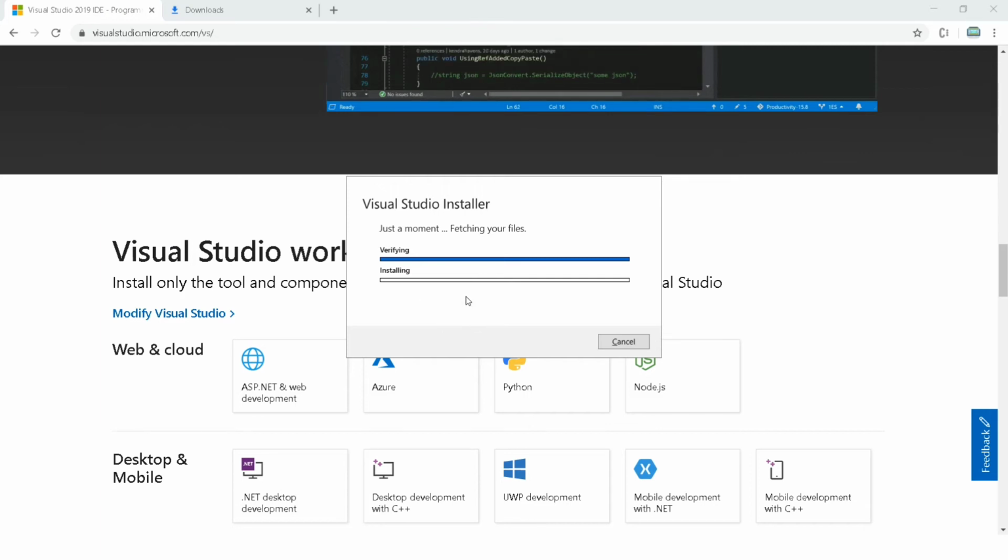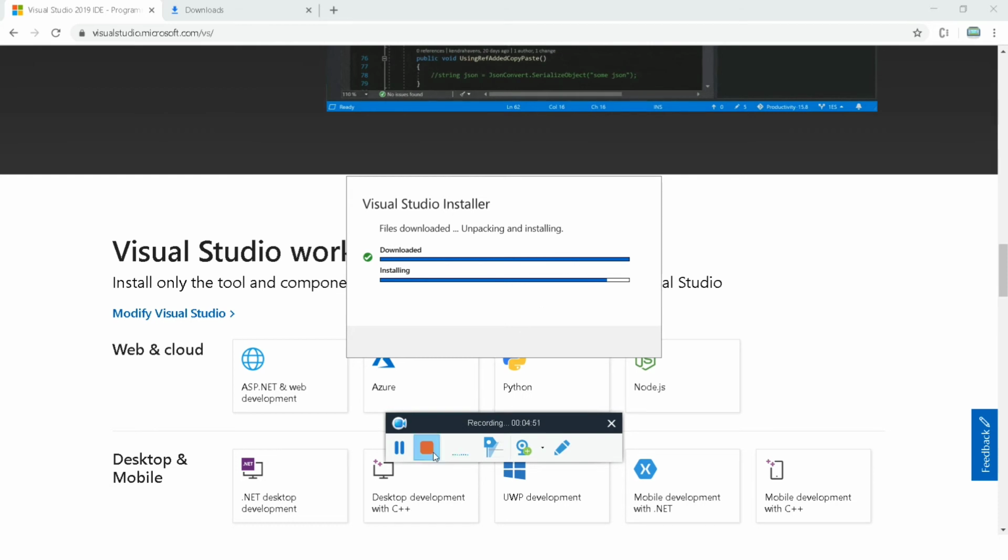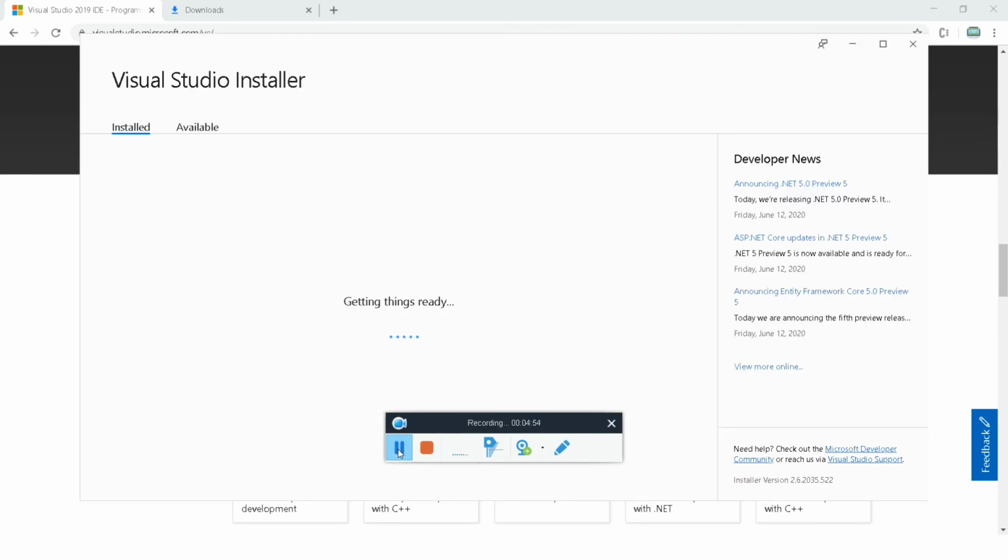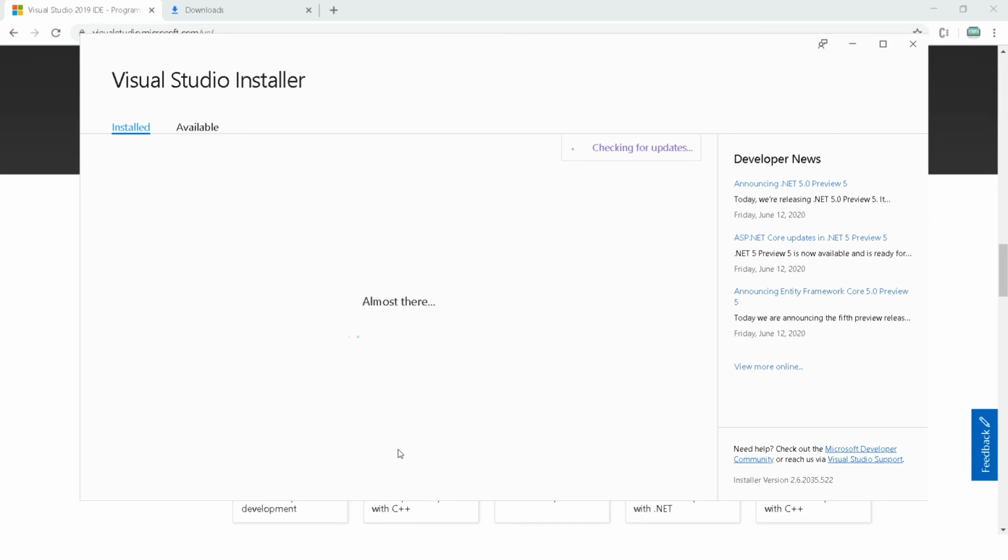Yeah, it's done and now it's installing. That's all guys, it's just installed, so it's searching for updates. Let me show you. It's saying almost there.